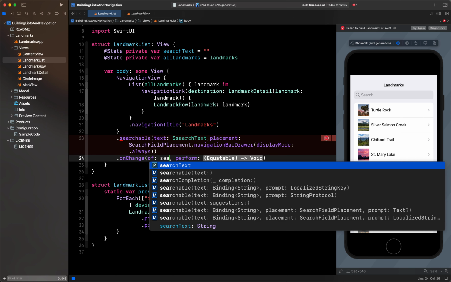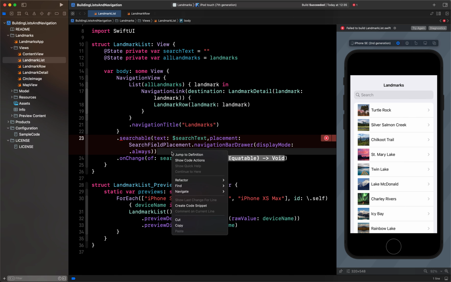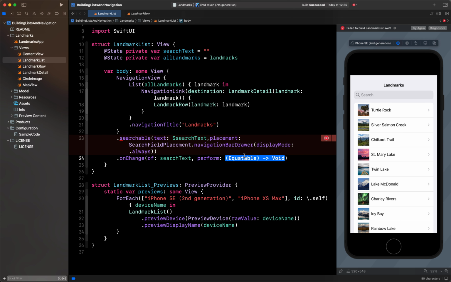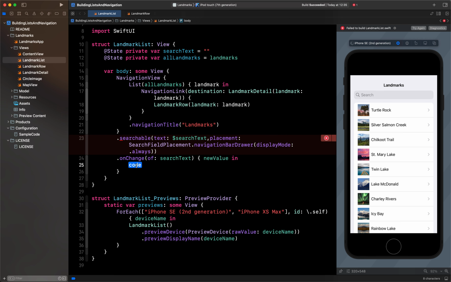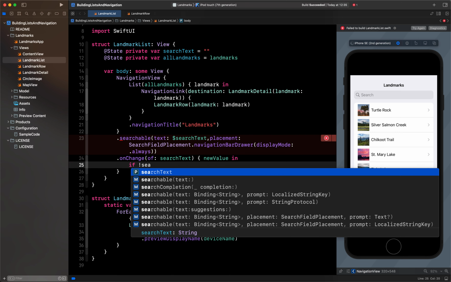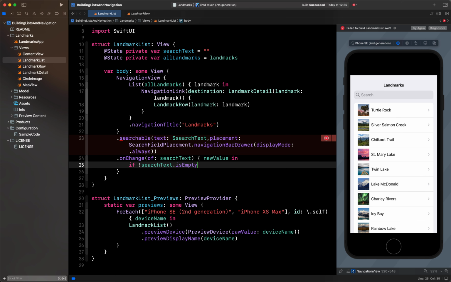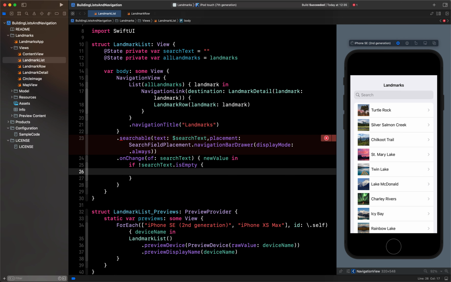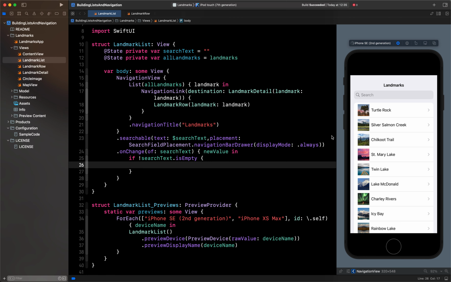I will say searchText, and once it is done it needs to perform the task on that. Here I will say if my searchText is not empty, then I will do the filtering part, which will filter the values from this list.